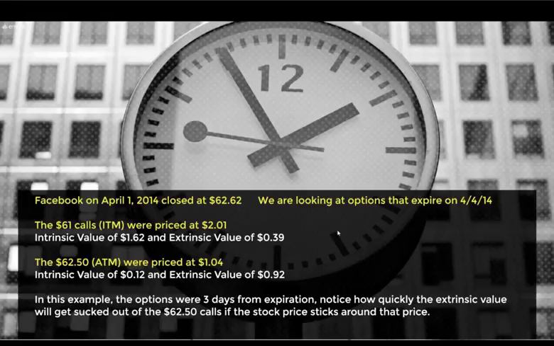But this is what most people will have a problem with: they look at this, and because they learned options 101 from Google, they think to themselves, well, I'm just going to go with the at the money, or even worse, the out of the money option. And if we break it down and understand these components, we look at this and say, wow, we get a lot more bang for our buck with the 61 call.